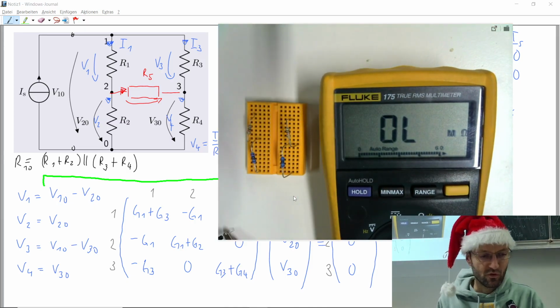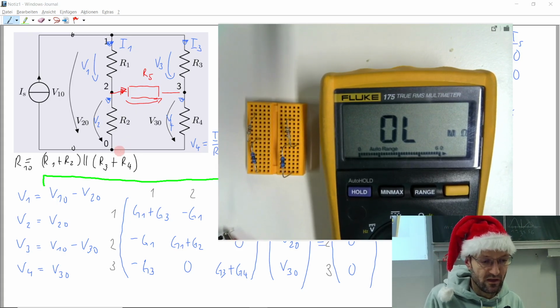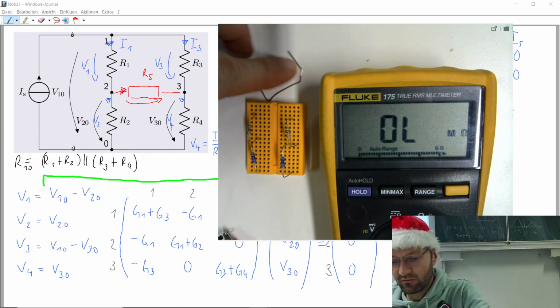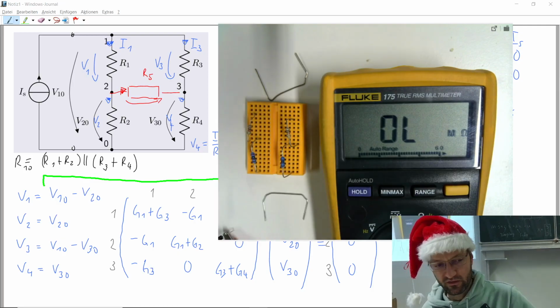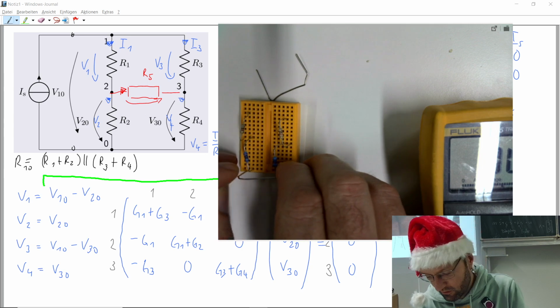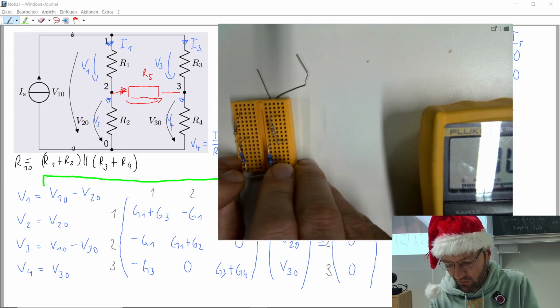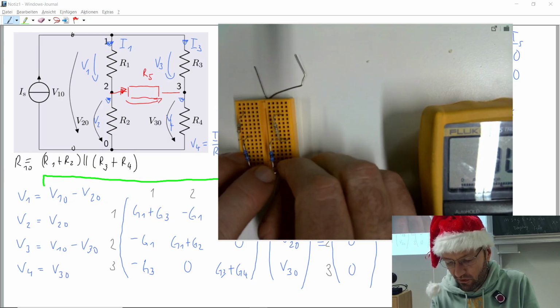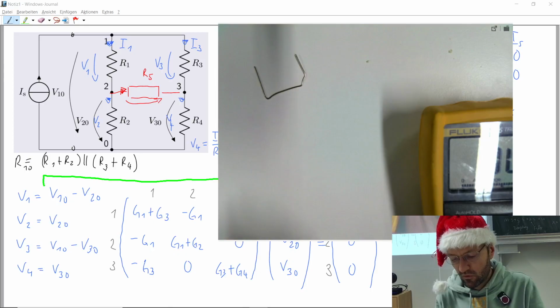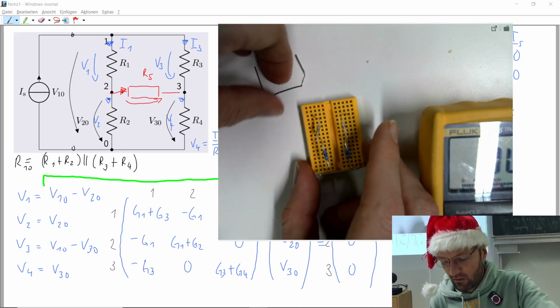Now, of course, in our circuit and in the experiment, we also need to have this connection here, and we need to have this connection. And therefore, I have this cable and this cable. So I will try to connect one here to make this short circuit. And it's a bit tight. Why does it not work? Oh, okay. There it worked.